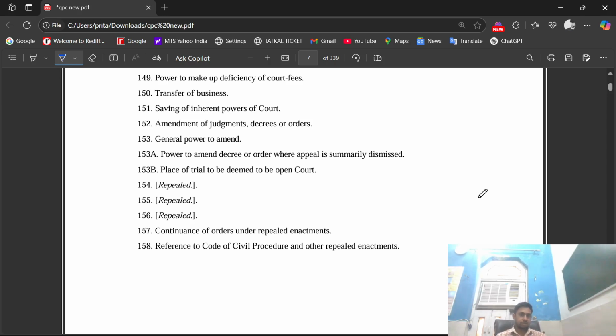Section 153A, power to amend decree or order where appeal is summarily dismissed. Section 153B, place of trial to be deemed to be open court. Sections 154, 155, 156 have been repealed. Section 157 talks about continuance of orders under repealed enactments, and the last section is section 158, reference to Code of Civil Procedure and other repealed enactments. So this was the revision of the index of CPC, in which we have covered from section 1